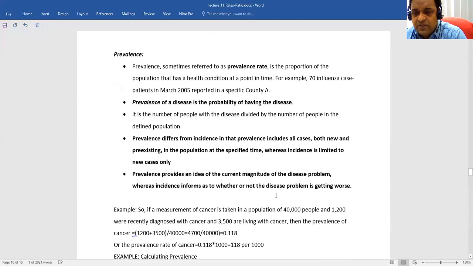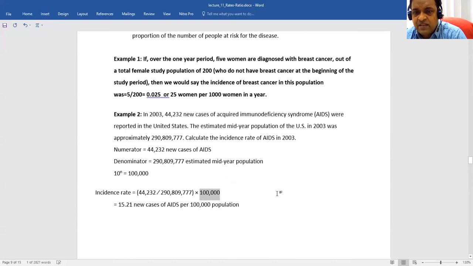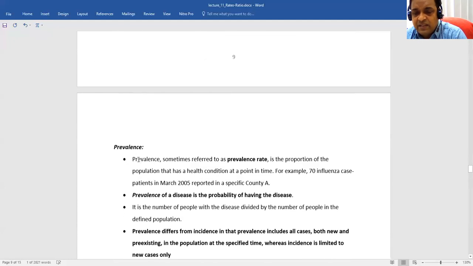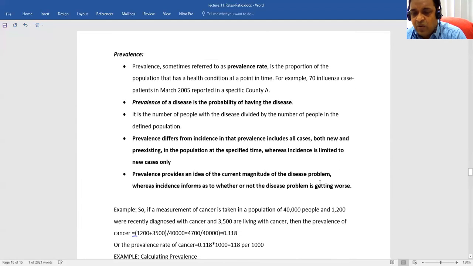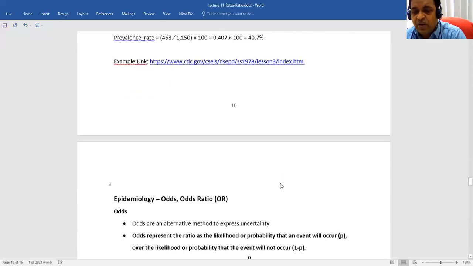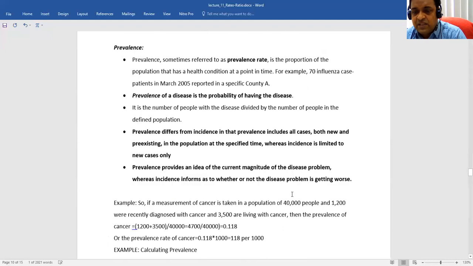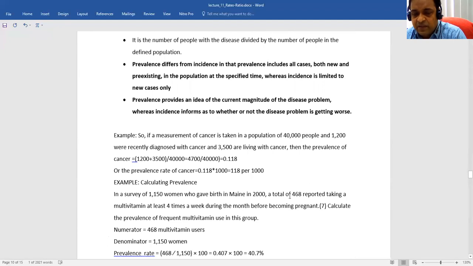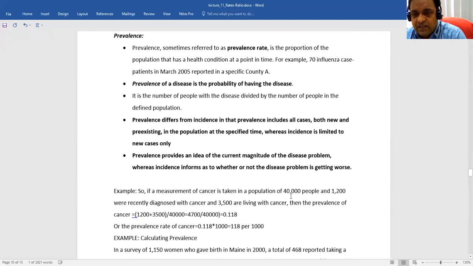So this is the difference between the prevalence rates and incidence rates. Remember, incidence rate only includes the number of new cases that will develop the disease over the total population, and prevalence rate is the new cases plus the existing cases. So how many people will develop and how many people have already developed, over the total population. This is the difference between incidence rate and prevalence rate, which are very important for biological studies. Please do more examples. It will be very helpful for you. I'll give you more exercises. Just remember the concept: prevalence rate is the total, old and new, and incidence rate is only the new cases.